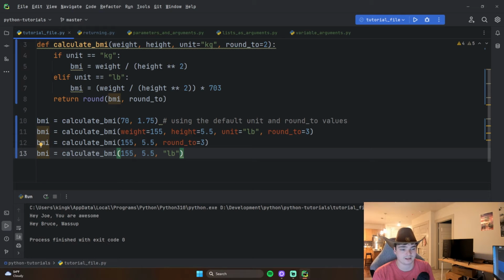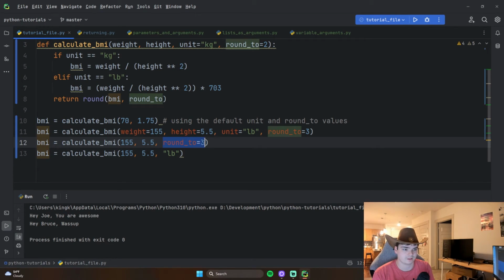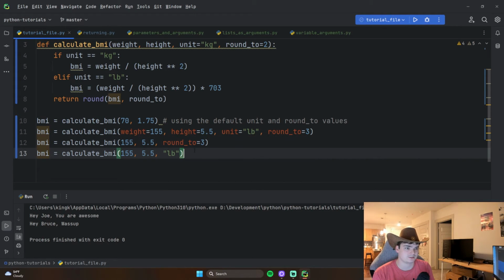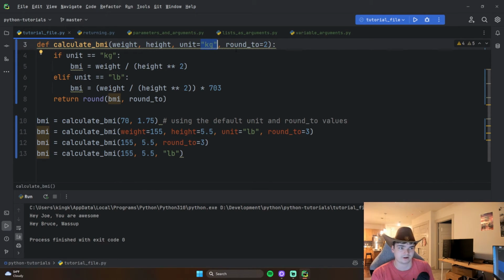First of all, we're providing a weight and a height, which is pretty simple. And then as you can see on the last argument that we're providing, we're actually doing it using keyword arguments. So we're specifying what parameter it's targeting and then giving it a value. And the reason that we're doing that is because, as you can see, the default unit is kilograms. So if we don't really want to change that, but we still want to provide the last argument, then the only way to skip that really is to tell it which parameter you're targeting and then use the keyword arguments,